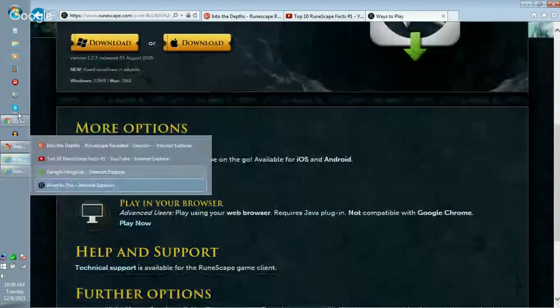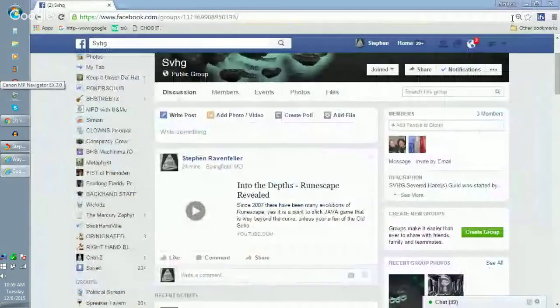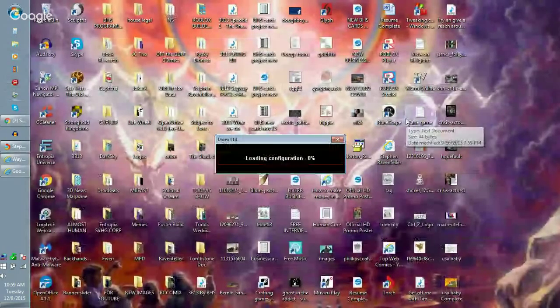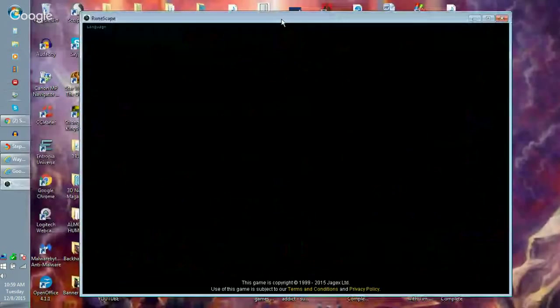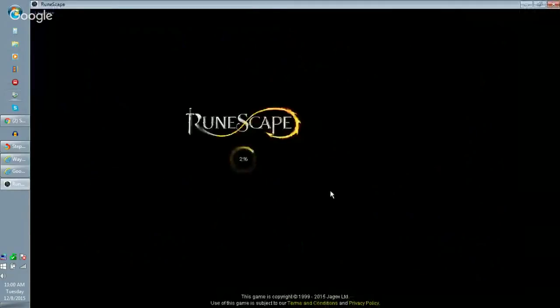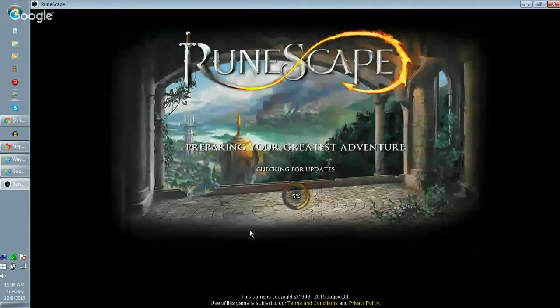So what I'm going to do is show you guys the client. So you go to your desktop, which is where my client ended up being. We'll open that, and it will load. It's a Java app, so all it loads is a temp file in your startup folder. And this is the new RuneScape. As you can see,